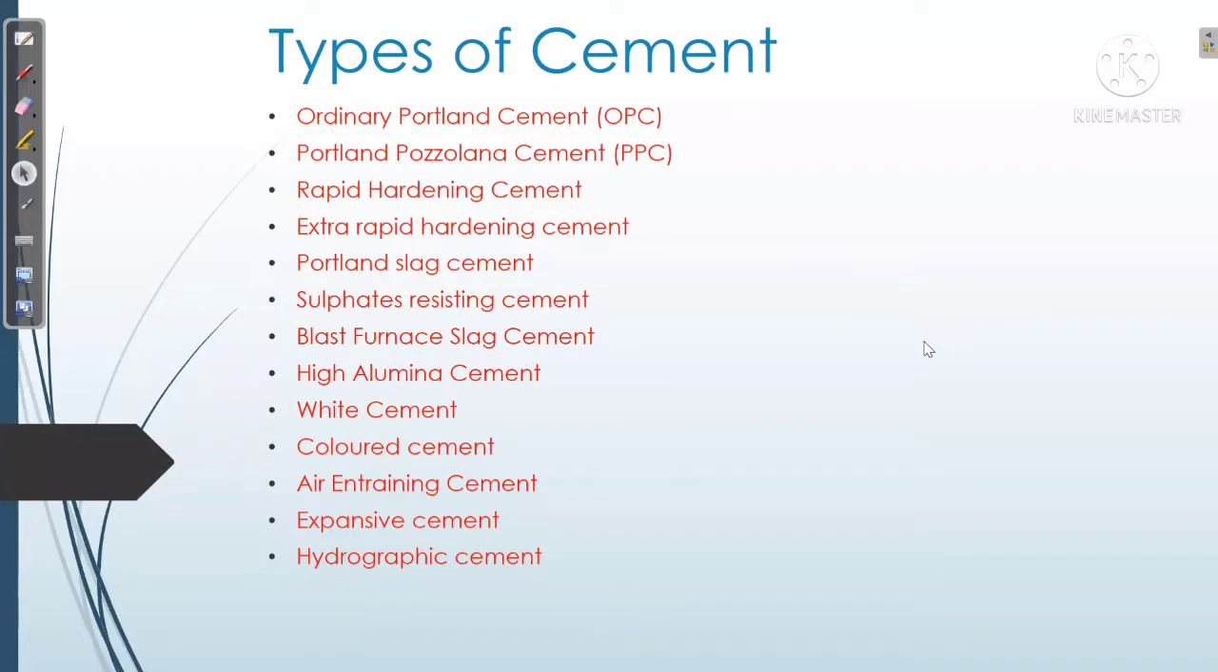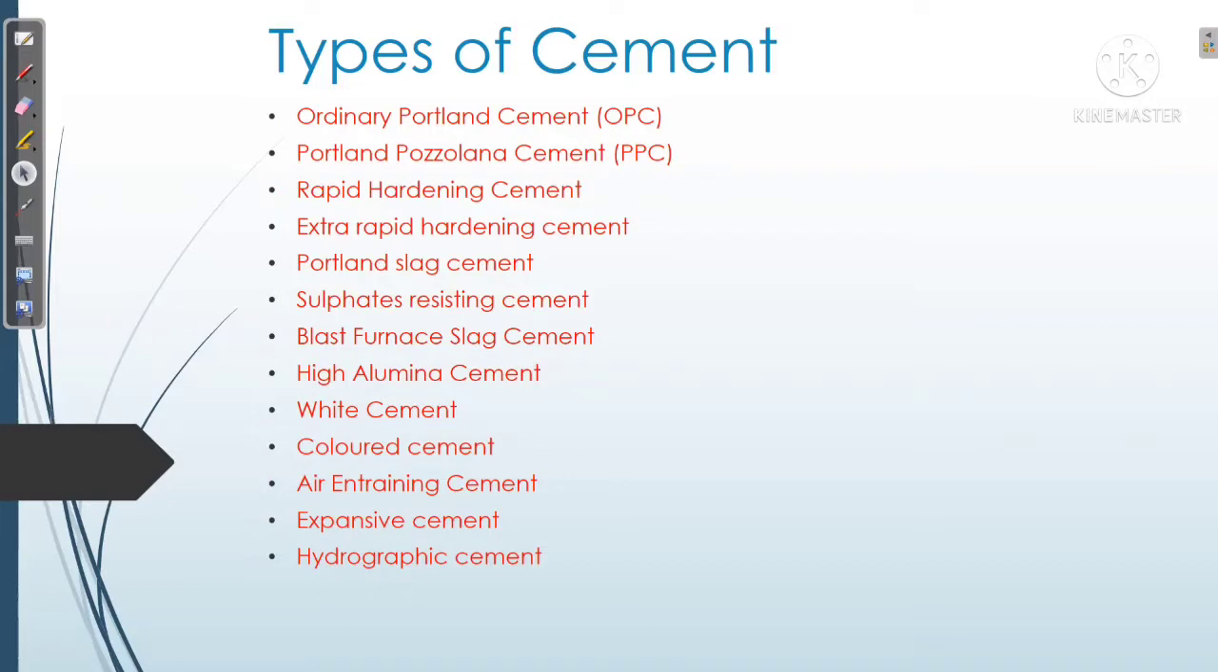So in today's session, we are going to discuss some important part of concrete technology, that is types of cement. Okay, so some types of cement I have listed over here, that is ordinary Portland cement, pozzolana cement, rapid hardening cement, extra rapid hardening cement. There are many more types which we can discuss, among which I am going to elaborately discuss the 5 types